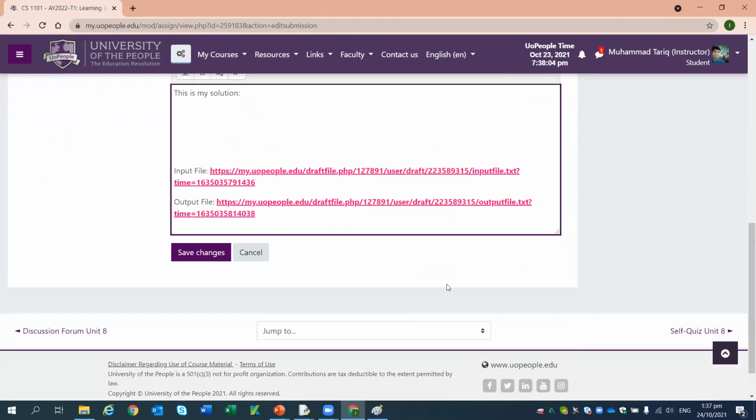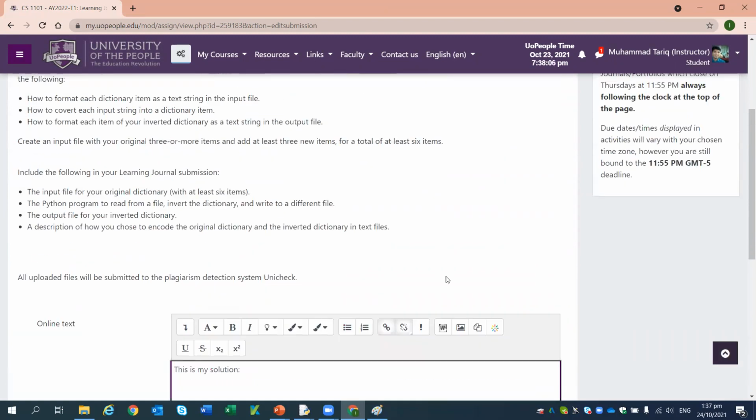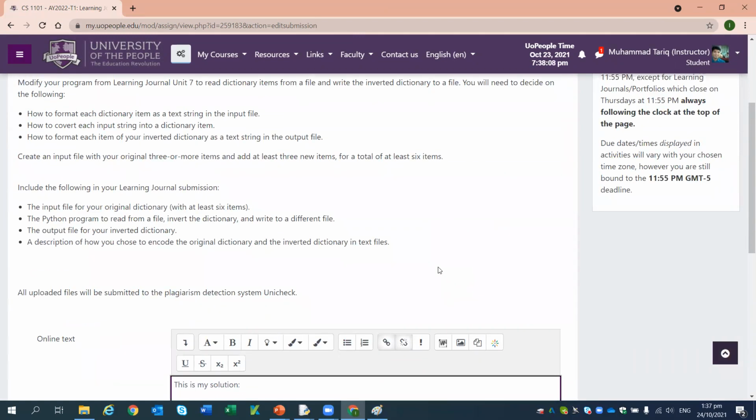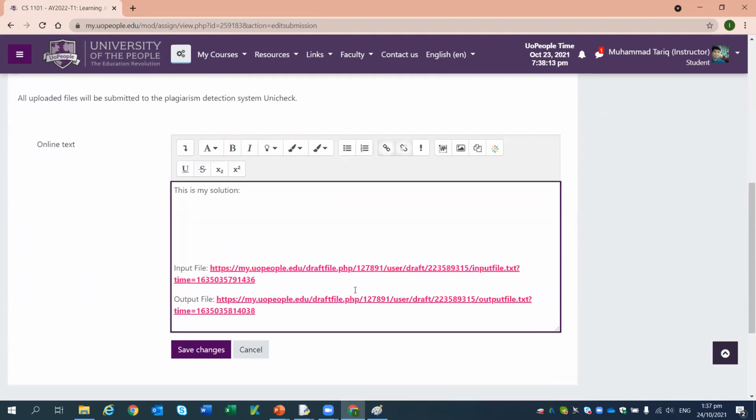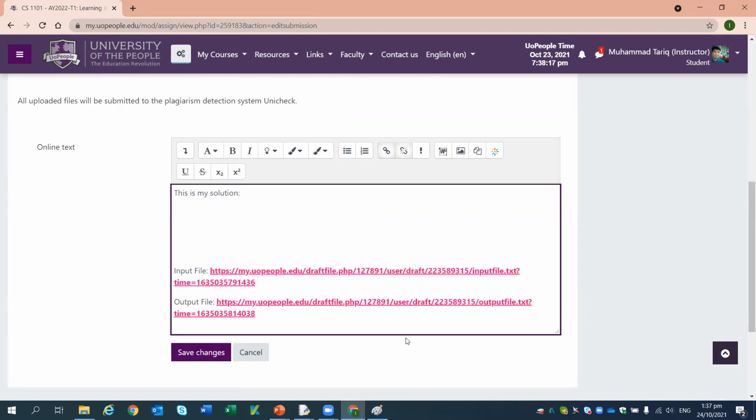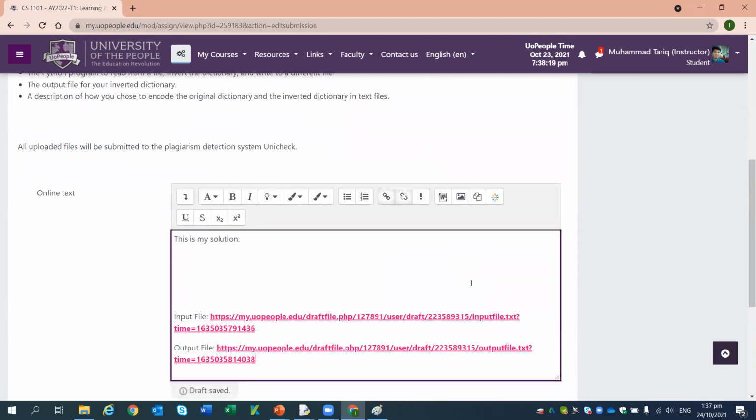Guys, please remember one thing, that if you have a different screen or different options than mine, please do let me know what exactly you are getting, if you are not getting the same screen.